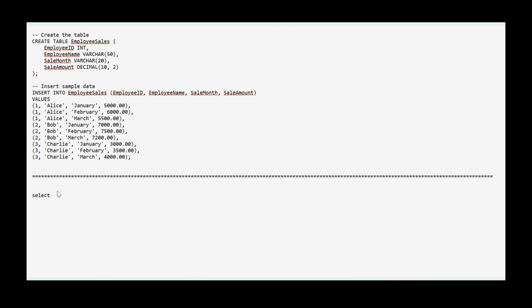So select, we need the employee ID, comma, we need the employee name, comma, then we have to use case when the sale month, control C, control V, sale month is equal to January, because we'll be comparing it with January and March, so that's why first is January, then sale amount, then we will end and as, let's give it as January sales, comma,